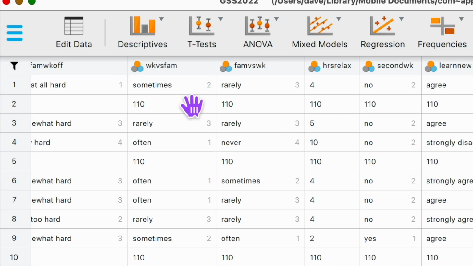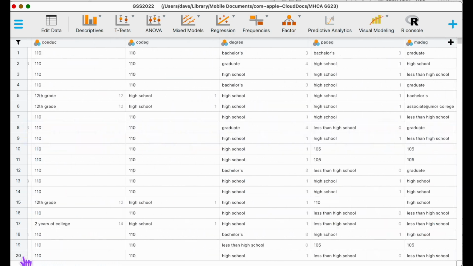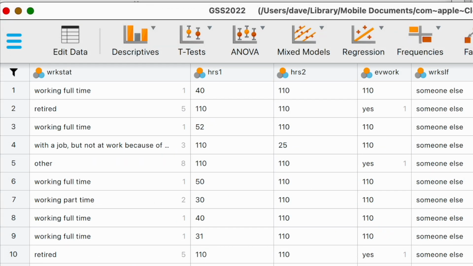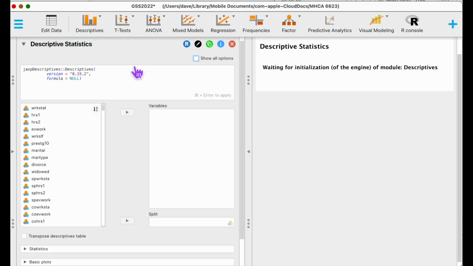Now, you might notice that there's all these 110s here. And that is because in the way that this program made it from the original data file to the one that you see now, the missing values did not come across. And they show up as things like 110. So let's get a frequency count just from a couple of sample variables, and we will see what we can do about that. While it's waiting for the descriptives engine to show up, which is a rather interesting delay that I think is unique to this version of JASP,